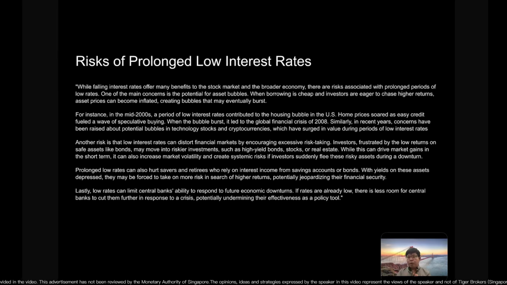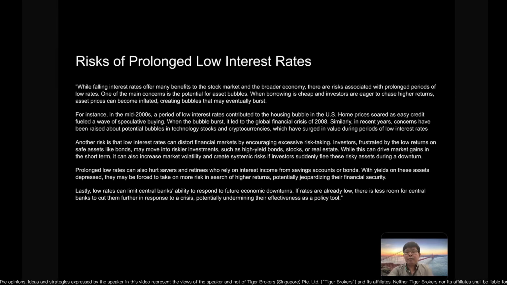So now is a very good time for all the retirees. Like some of my older relatives, they have a few million, maybe they put it in FD, they will get like 40,000 of interest for 1 million. But if let's say the interest dropped to 2%, it will be only 20,000 soon.